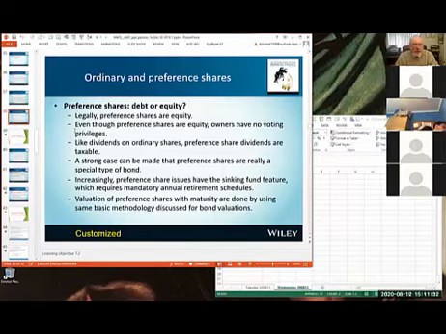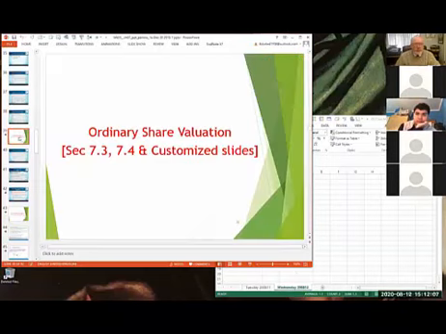It turns out that one of the big differences is the way that tax is dealt with, and I'll let you look at that as a separate issue. In some cases, it's a disadvantage for the company, because you can claim a tax deduction for your interest expense on your bonds, but the company can't claim a tax deduction for the dividends that it pays to its preference shareholders. Well, we're getting a little bit ahead of ourselves. For that reason, by the way, just to finish that point, preference shares are not nearly as popular as they used to be because of the tax implications.